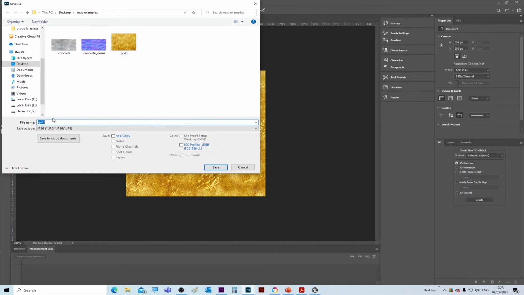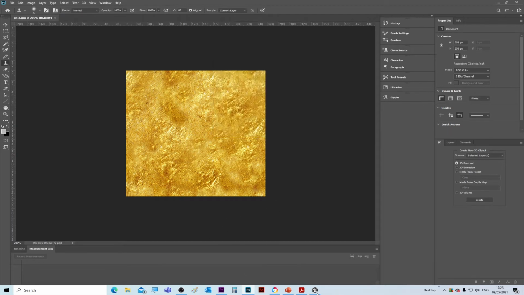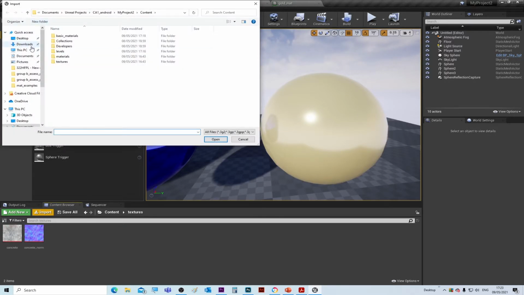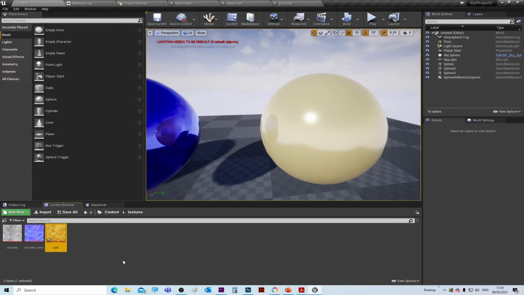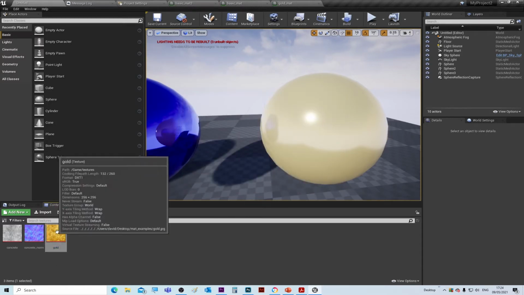I'm just going to call it gold and save it to there. And then inside here, I've already got a little folder called textures. I'm just going to import that into my textures folder. So there's our